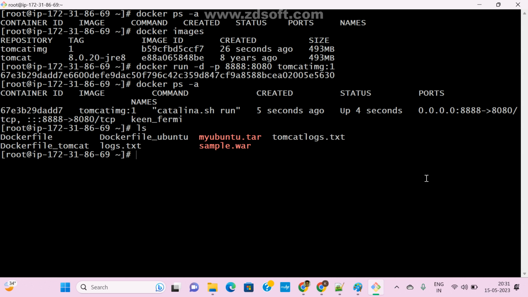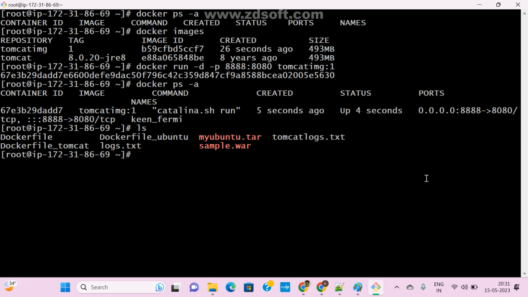So you deployed one application, and it is not running properly. Anyway, we are getting a chance, right? I deployed the war file, and my application is not working properly. Now how to trace it? Tell me. First connect to the container. First, whether this sample.war file was copied or not, I want to check it, right? Now how to connect to the container?